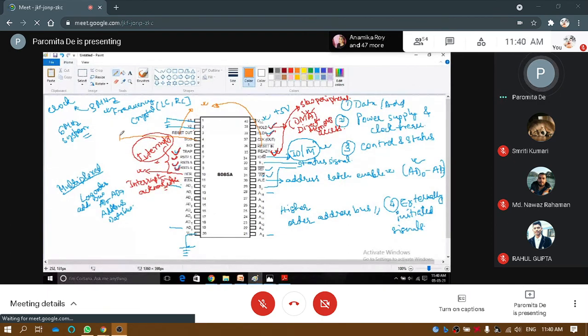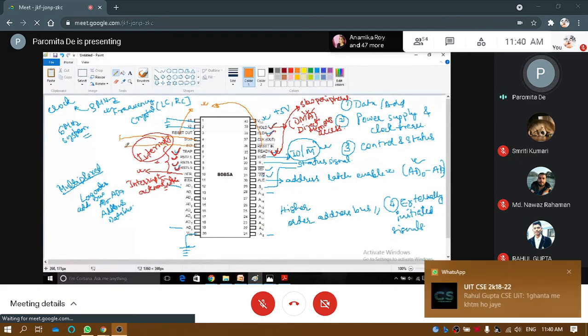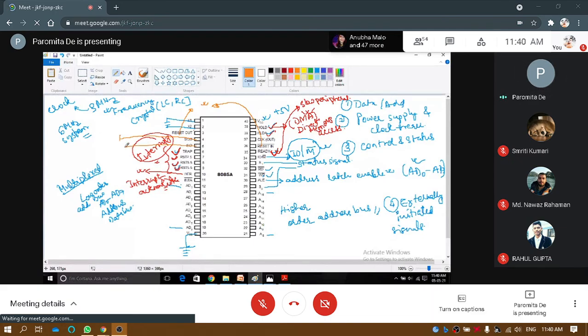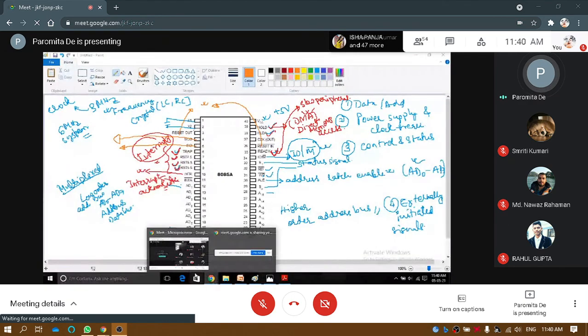Serial input output we had seen. This is the serial SOD and SID. These are the two serial input output pins, used for the serial operation. So these are all the 40 pins, and every pin has one operation. You need to understand every pin and the operation of every pin. What I said, you should be able to say it like that or better than that if possible. That is expected of you.